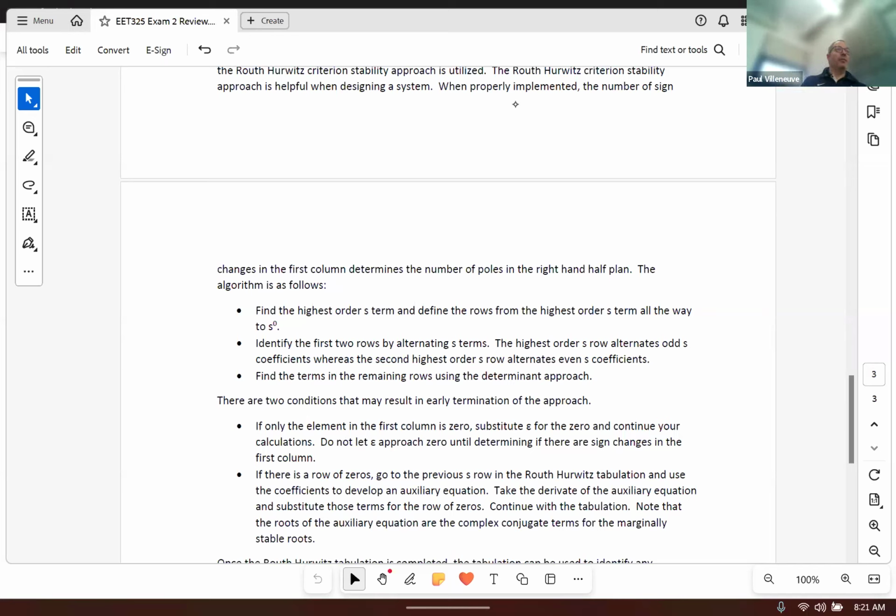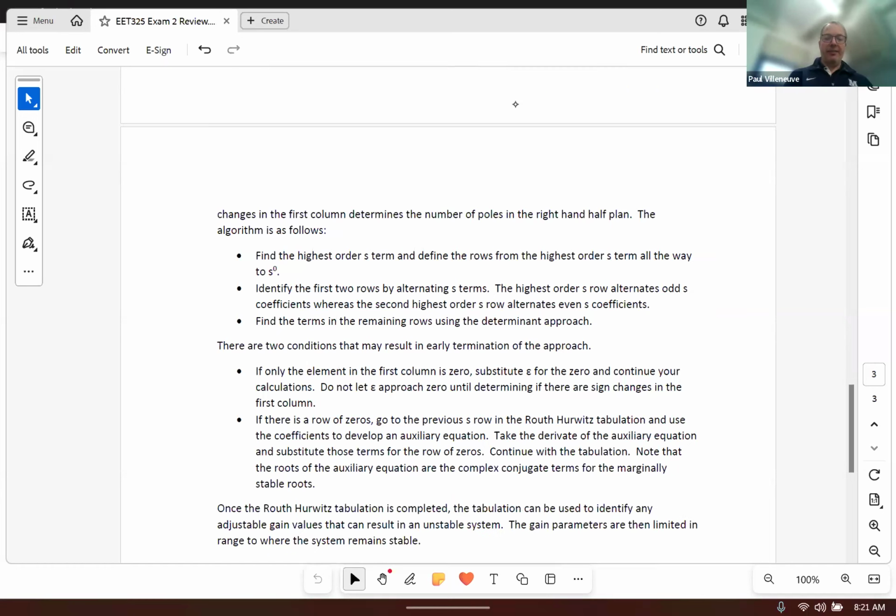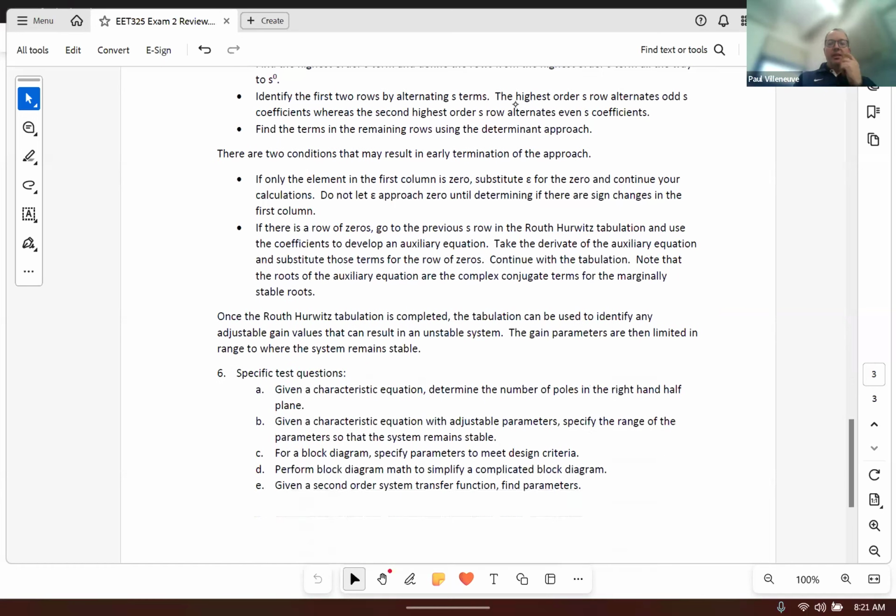Okay. But that's helpful too, to go ahead and define or solve for what the poles are on the j omega axis. And you have that auxiliary equation. If you take the roots of the auxiliary equation, you're going to end up with complex roots. And that's actually what's on the j omega axis. So if you have to go ahead and use it for design,